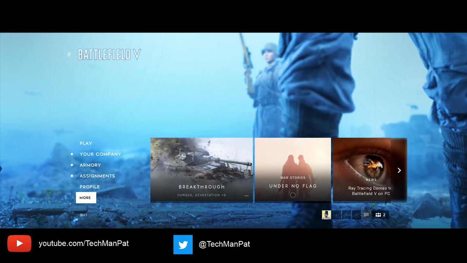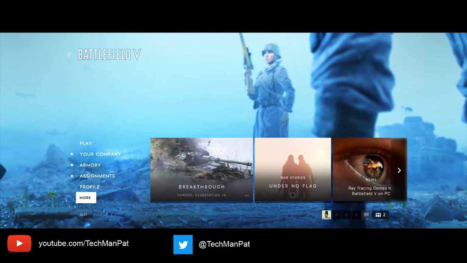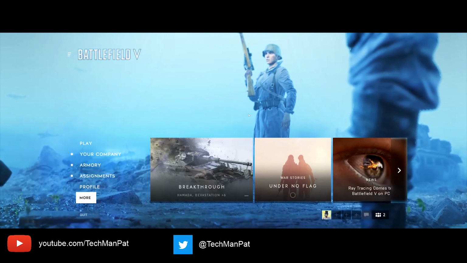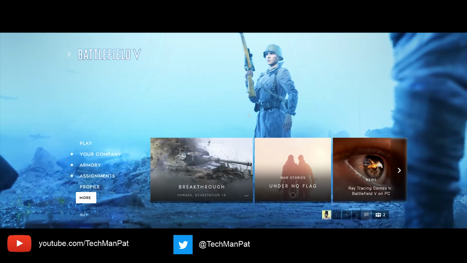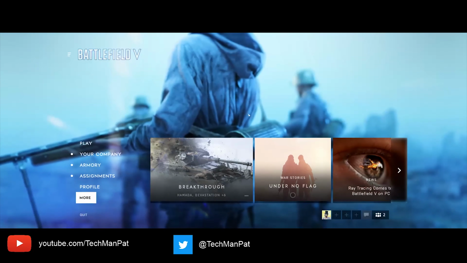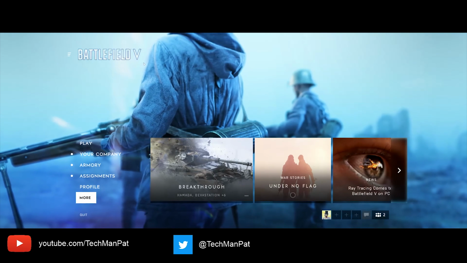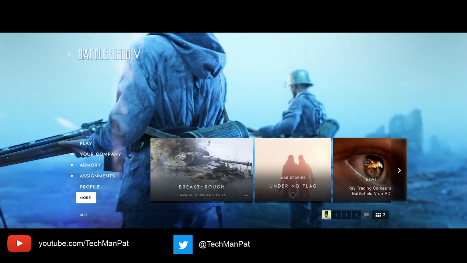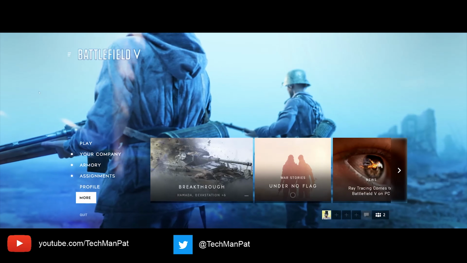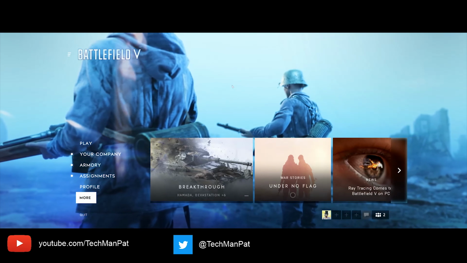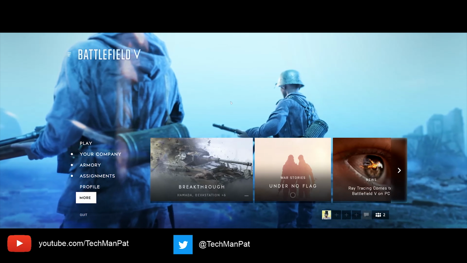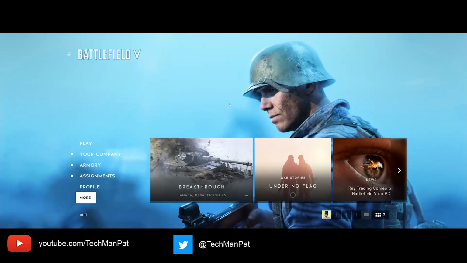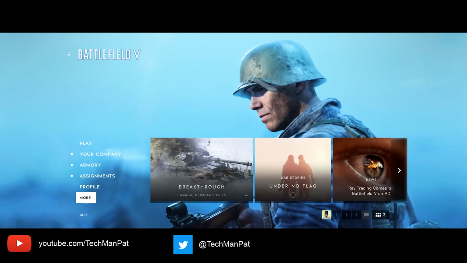Today we are looking at perfect settings for multiplayer on Battlefield 5. Now, the thing is, I have been looking through the internet for some really good ideas on how to set up Battlefield 5 on my computer to play at 1440p, obviously widescreen as you can see, at the highest frame rate possible. I've got a 100Hz monitor, so I want to get those frames really high because, well, you know,